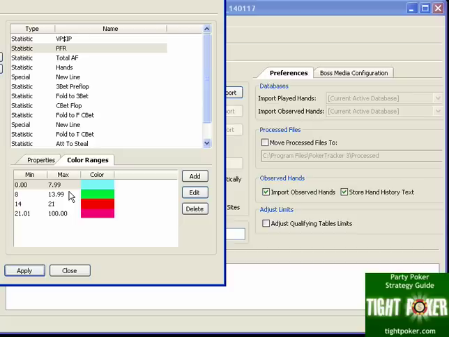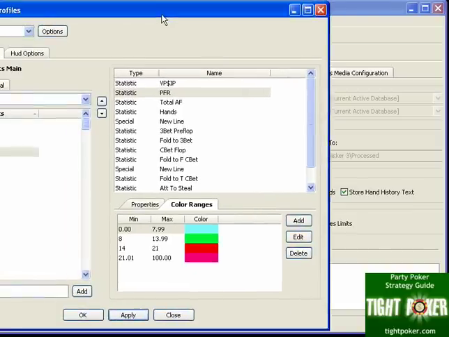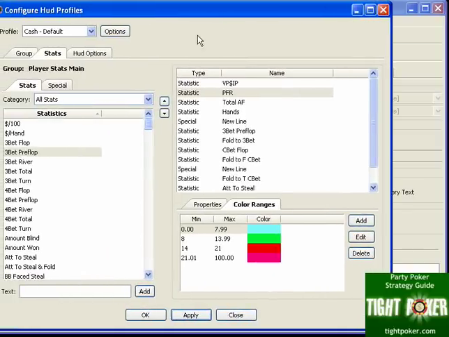It's all dependent on your perception and how you play and where you play and what games you're playing. So you don't necessarily have to go off this, but it's just a nice general thing that I've used. It's definitely debatable, but I think this is a nice thing for people to go off of if you're just getting into this, for sure. So that kind of teaches you how to adjust a range and